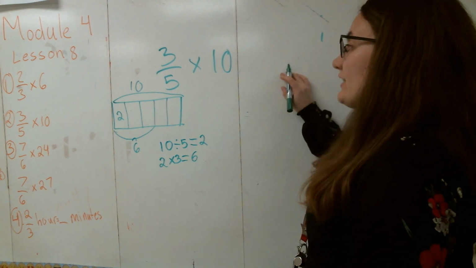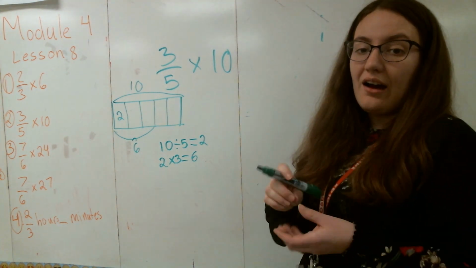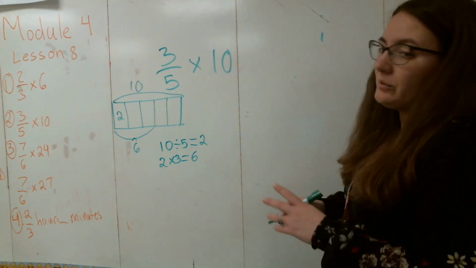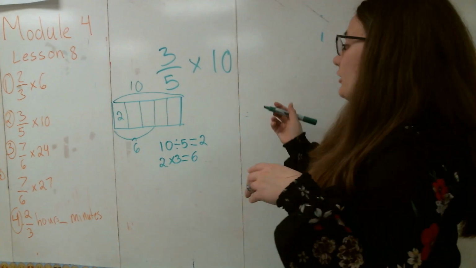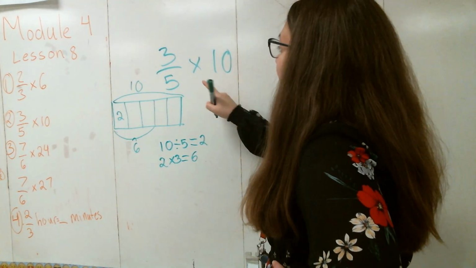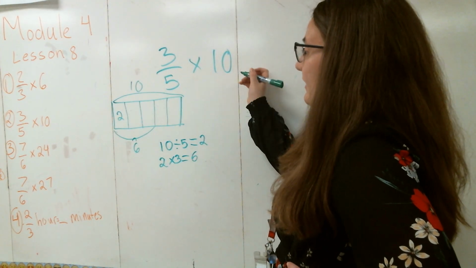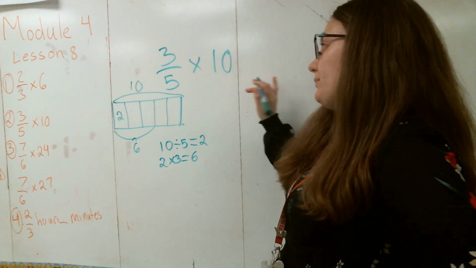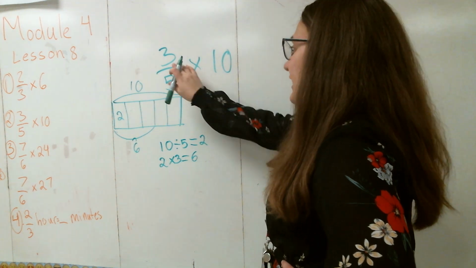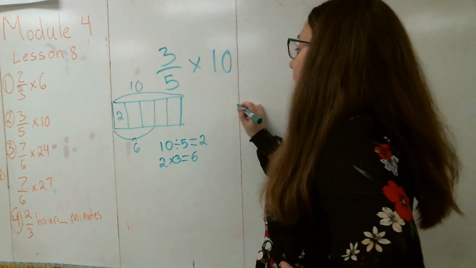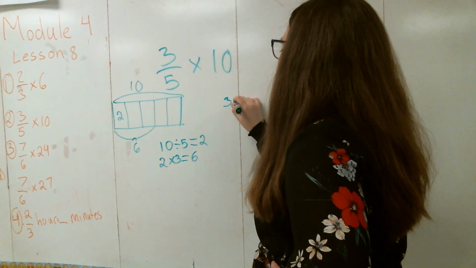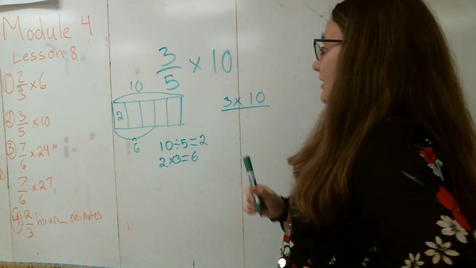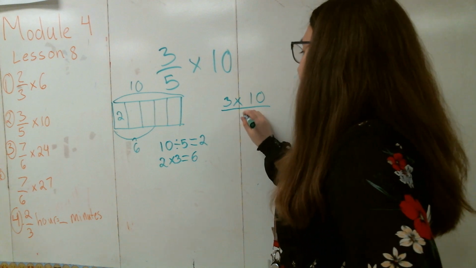So first what I'm going to do is show how I can write this problem as a multiplication problem, having everything together. To do that, I know that 3/5 times 10. Remember, this 10 technically has a denominator of 1. So if I were to rewrite this, I can think of this as 3 times 10 on the top, so 3 times 10 on the top